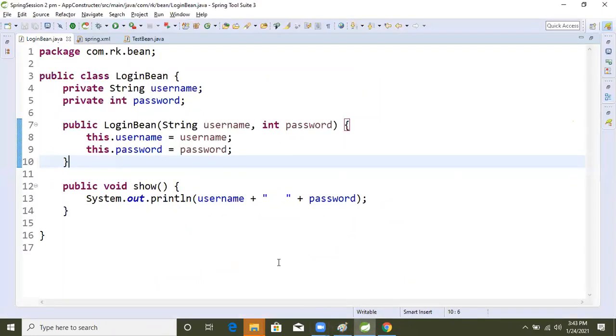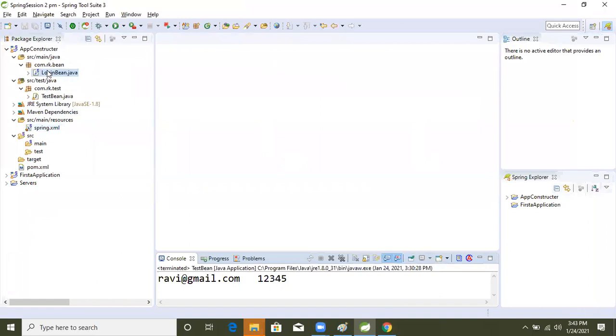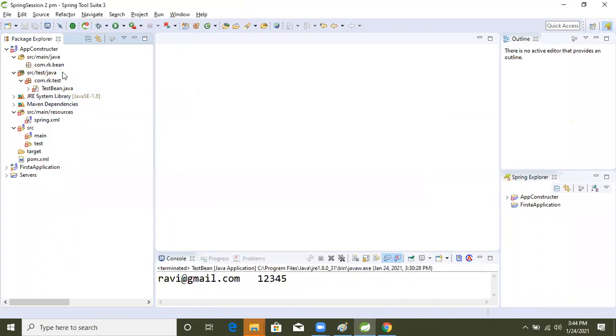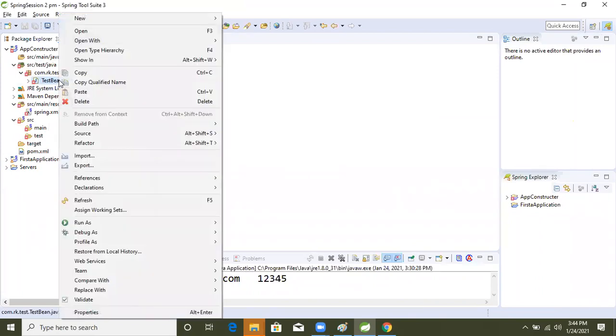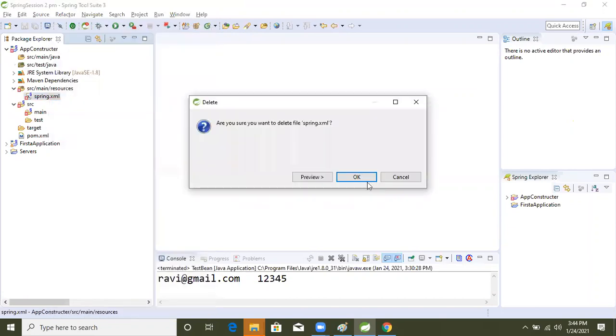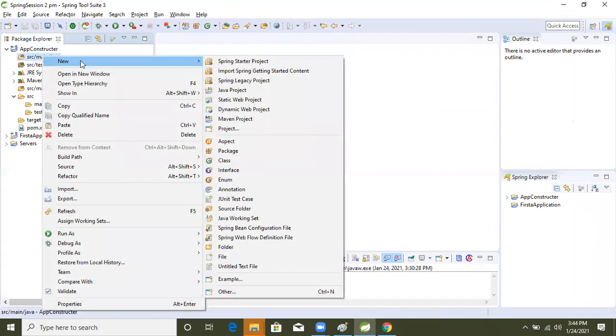Now okay, let's see that. One login bean is there. I'm not going to do other setups, I'm just going to delete these things in this project only, because if I create the project again, it's the same things we did previously, so no need. We know all the setup is completed here, so we will write whatever is needed from scratch.